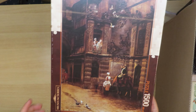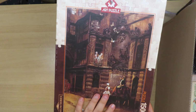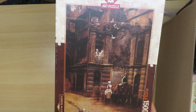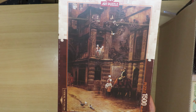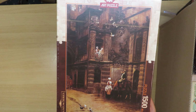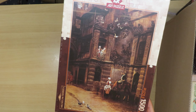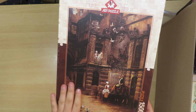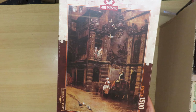Museum series, it says. I don't know if this is a famous painting or something like that. It says the name Cheers to Love. What I also wanted to say about this picture is that it actually does remind me of some places I've been to or have visited, some medieval towns. I have seen such places in Munich, where I am situated now, or I have also seen this in the Gothic part of Barcelona or some other cities. So I said it does remind me of something that I have already seen. Then I'd say good, and it's different, so let's buy this. This one